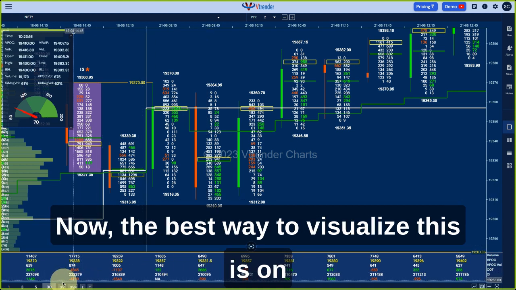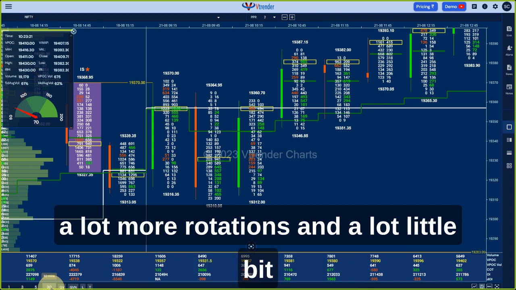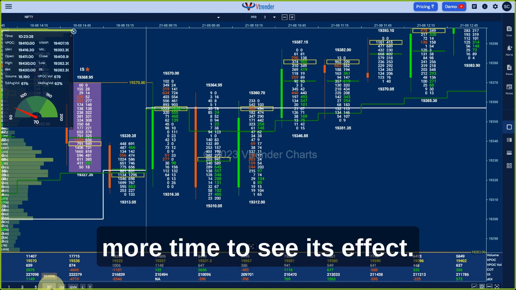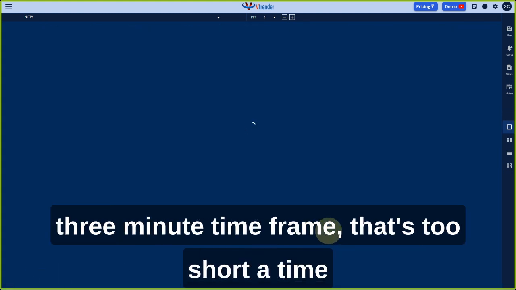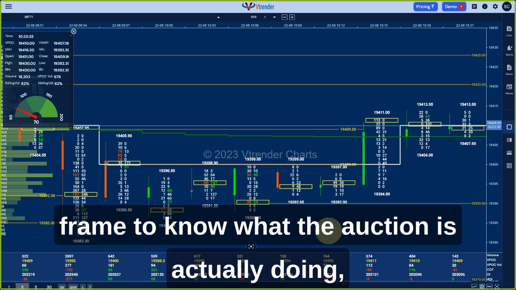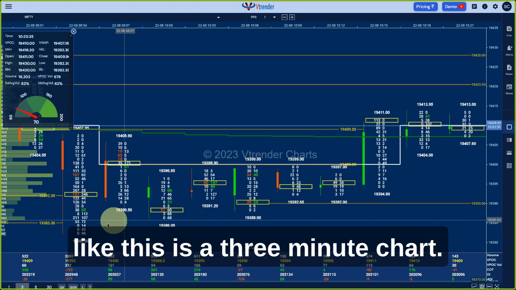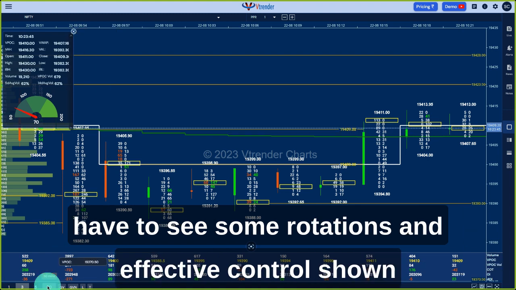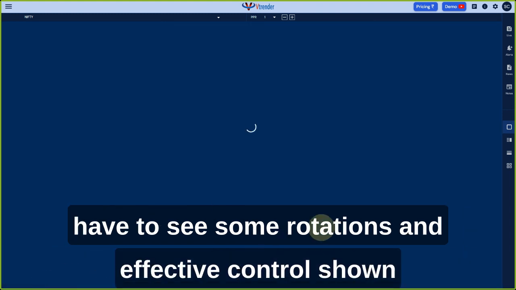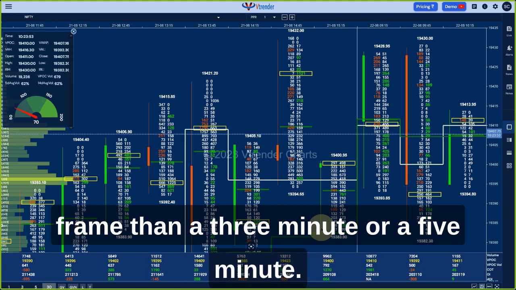Now the best way to visualize this is on the 30-minute chart, because you're giving the market a lot more rotations and a little bit more time to see its effect. If you're going to look at these clusters in a 3-minute time frame, that's too short a time frame to know what the auction is actually doing, and you'll not be able to visualize it clearly. Like, this is a 3-minute chart. You may see those reds coming in, but you have to see some rotations and effective control shown by buyers and sellers over a slightly bigger time frame than a 3-minute or a 5-minute,